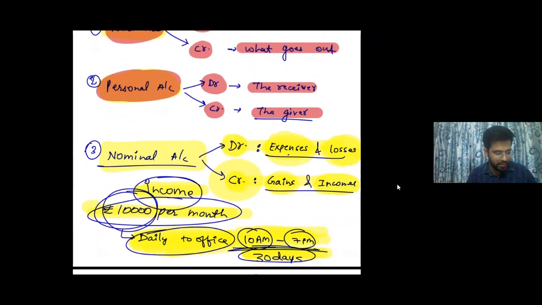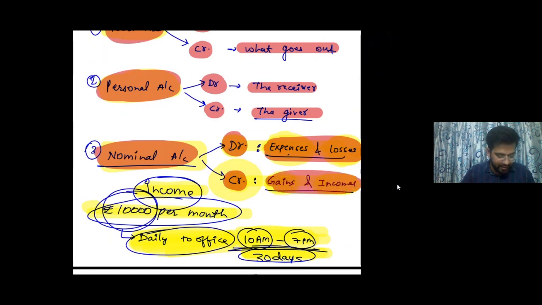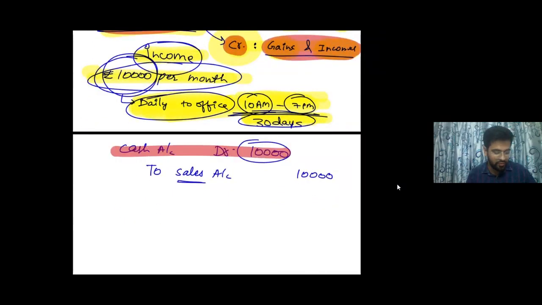And the last account would be the nominal account, where whenever you incur some expenses and losses, you debit them, because you will learn from those experiences and feel good about yourself. And then we credit the gains and income, because for earning that income you have to put in a lot of efforts. So obviously we will be happy when we receive the cash, so we will debit the cash account, but we have done a lot of efforts, so we will credit the respective